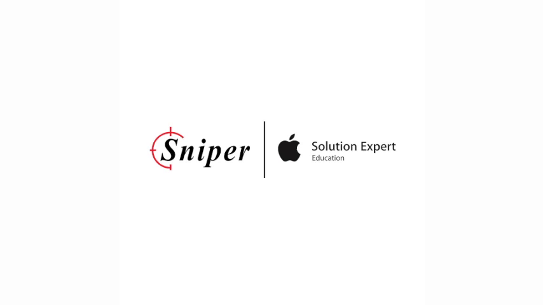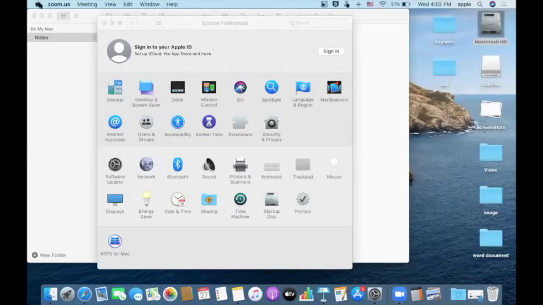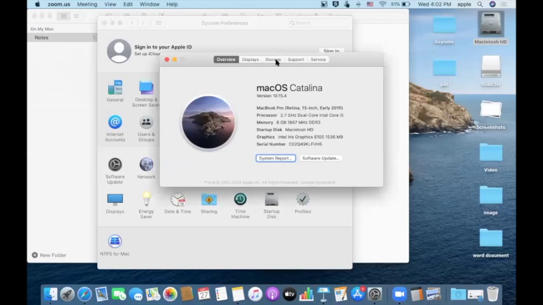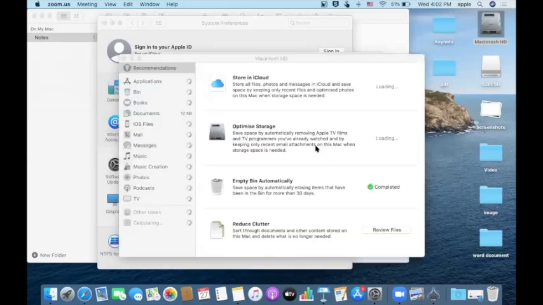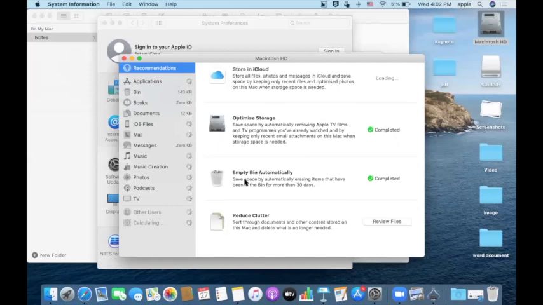Yeah, there are third-party tools also. Or at any point of time, you can go to About This Mac, go to Storage, and click on Manage, and here you get all the data, sir.